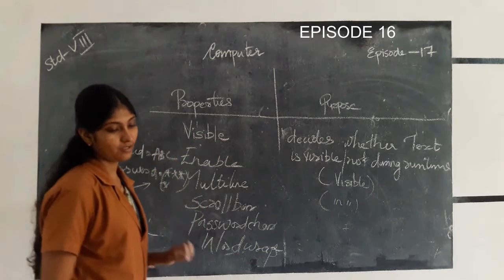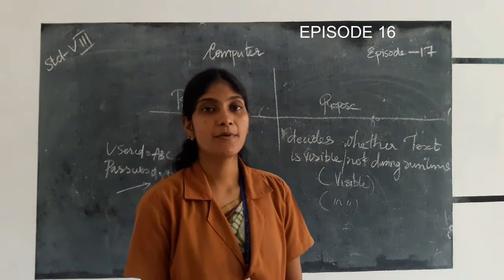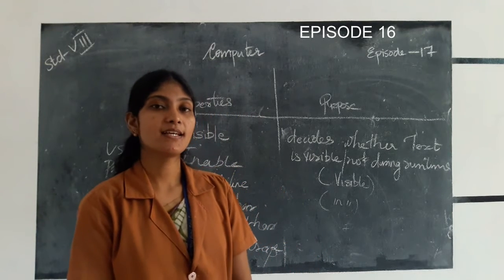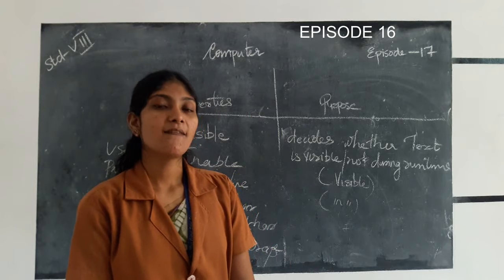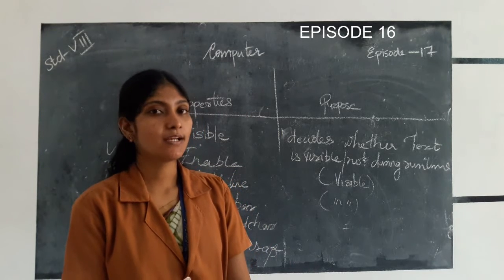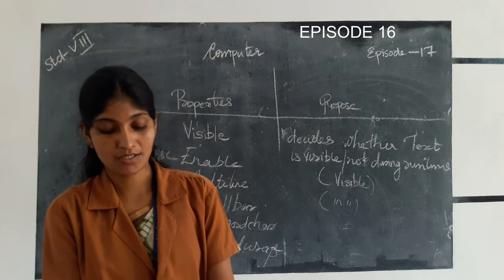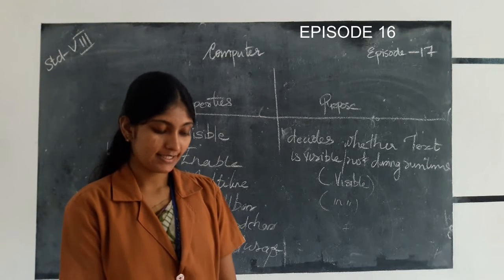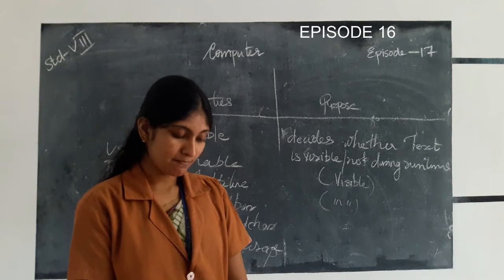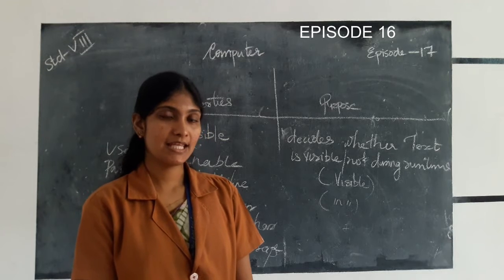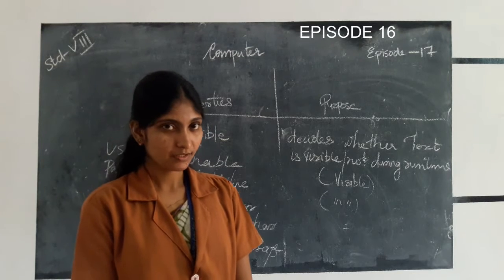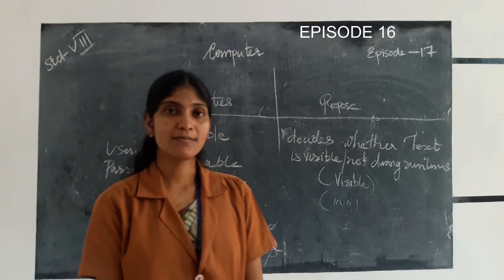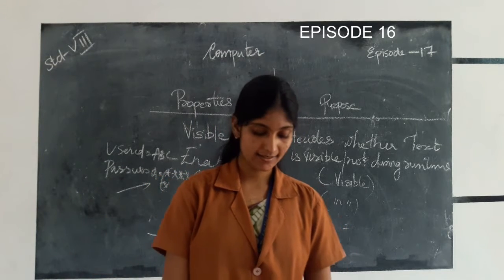Word wrap. So once again, what are the properties? Name, which defines the name for a text box. Next is alignment, which defines the alignment for a text box, like left alignment, right alignment, center alignment or justify, etc. Then next is back color. Back color means setting a background color for the text box. Then next is text, simply the text which you see in the text box.